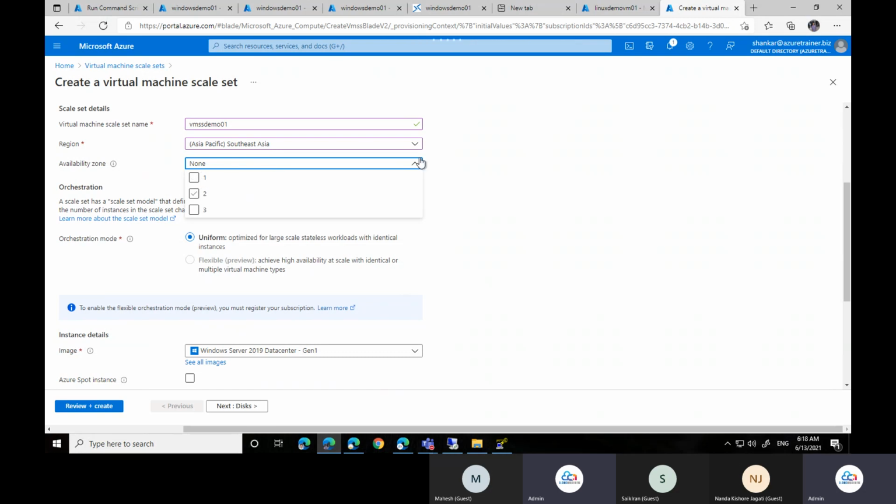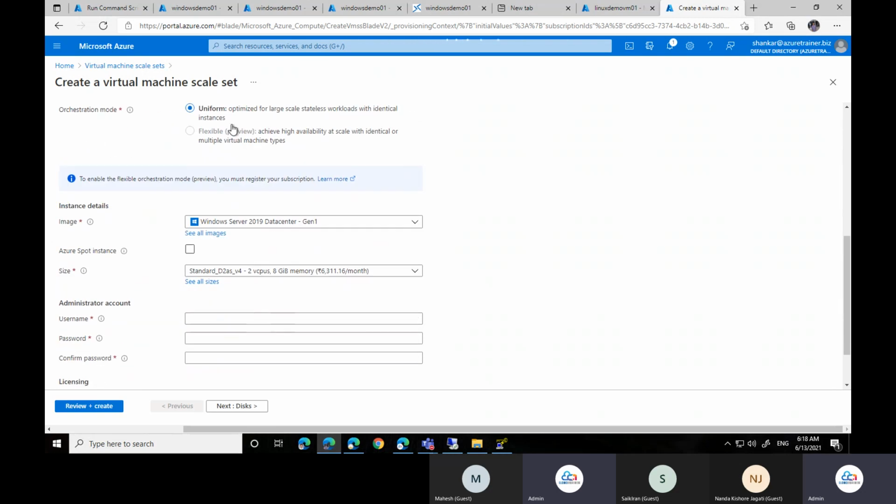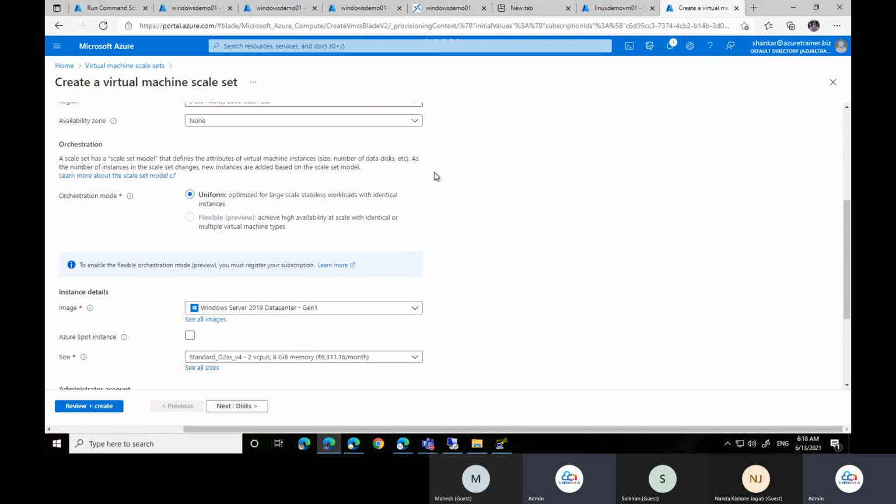And if you don't check anything, by default it will go and sit somewhere else, either 1, 2, or 3, anywhere, but you don't know about that. That's the only difference. And orchestration is something uniform, flexible. Orchestration is nothing but how you manage your VMSS instances. You will see this orchestration for Kubernetes clusters, like container orchestration, we call it Kubernetes does. So managing